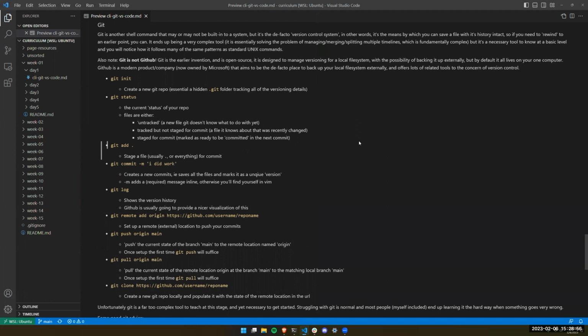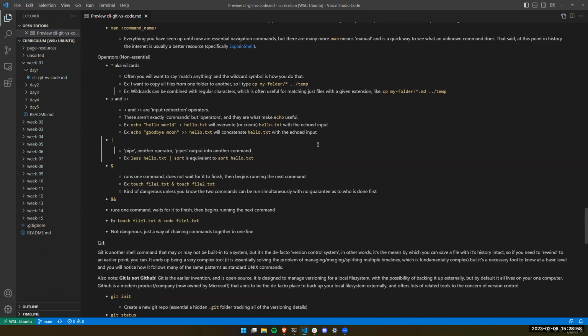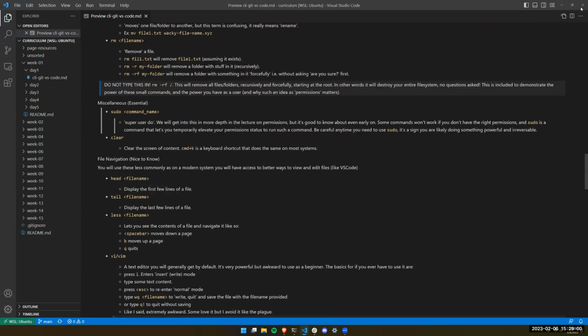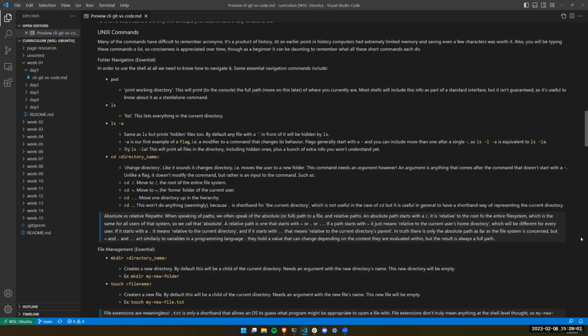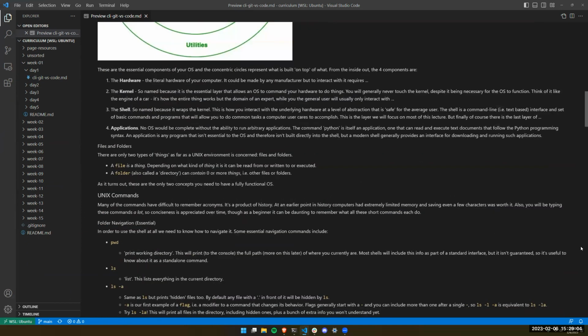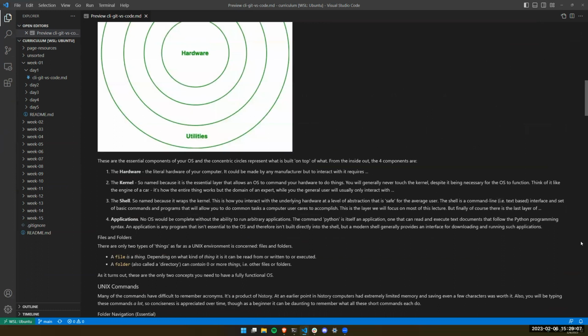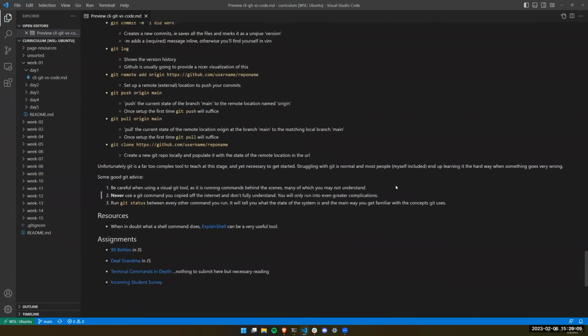This is extremely advanced stuff as far as I'm concerned. It's just the basics of what you need in order to first interact with your operating system, and then to interact with this remote thing, for the sake of pushing your assignments somewhere we can see. But you're not supposed to really understand either of these deeply. You're really jumping in at the deep end just because that's where the useful stuff is.